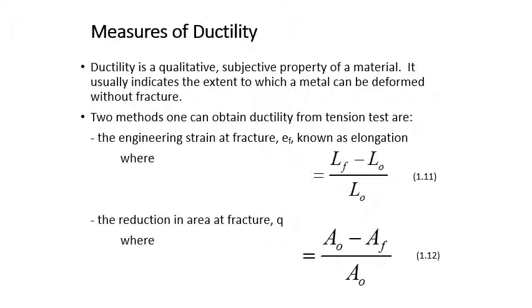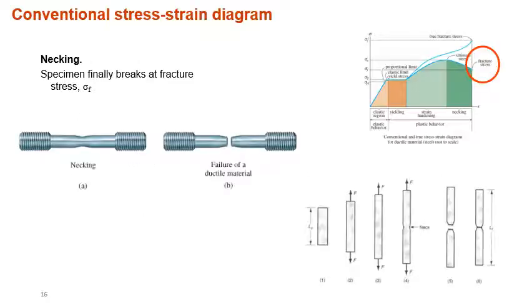So how are we going to measure the ductility? We measure it by the increase in the length or decrease in the area at the time of fracture. The final length minus original length, divided by original length, into 100 gives the percentage increase in the length. Or the reduction in the area is the initial minus the final, divided by the initial, into 100. That's how exactly we measure ductility.